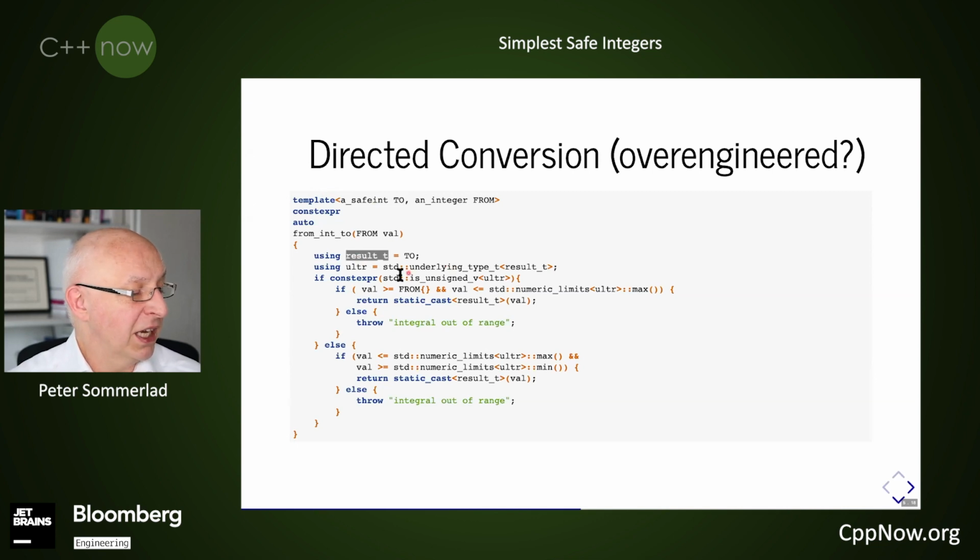So what we do, we're taking the result type and look at what is the underlying type of the attempted result type that we want to convert to, which is given as a template argument to our from int2. And if that's an unsigned type, we check if it's greater than 0, because the from type could actually be a signed integer, so it should be greater than or equal 0. And if it's below the numeric limits of the maximum type, and if that actually is true, we return the corresponding cast, and otherwise we have a throw expression to throw an exception.